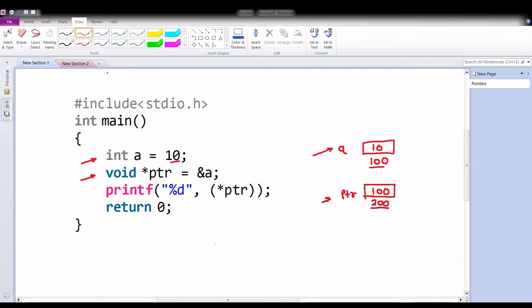So the thing that you need to understand here is the void data type. Void means that it is of no type. There is a significance of the data type when we declare any variable, say int a is equal to 10. Here the data type is int. We can write any data type such as float, char, etc., depending upon our requirement, but it is not allowed to create a void variable. If I write something like void a is equal to 10, the compiler will report an error here,